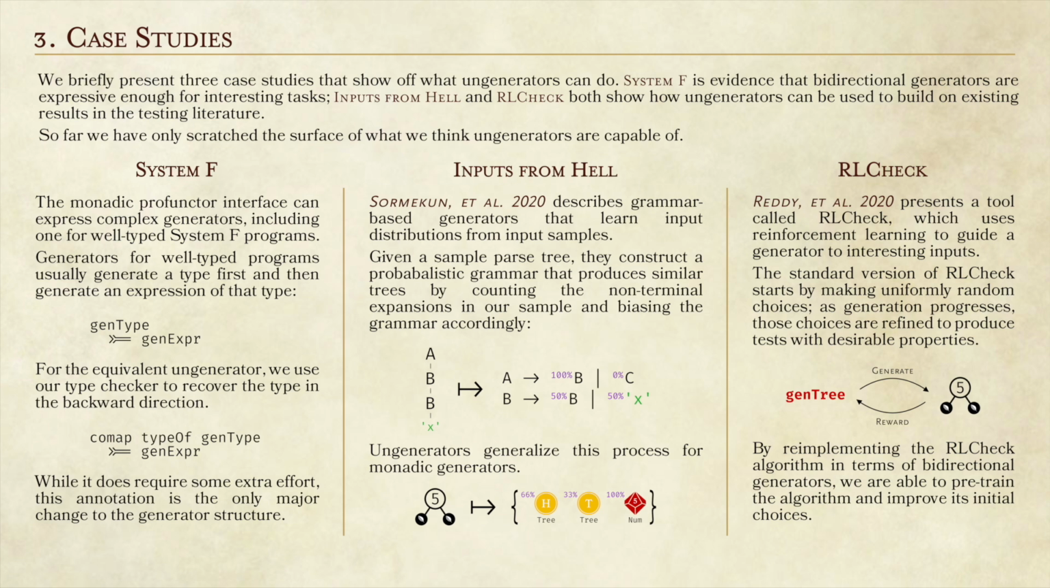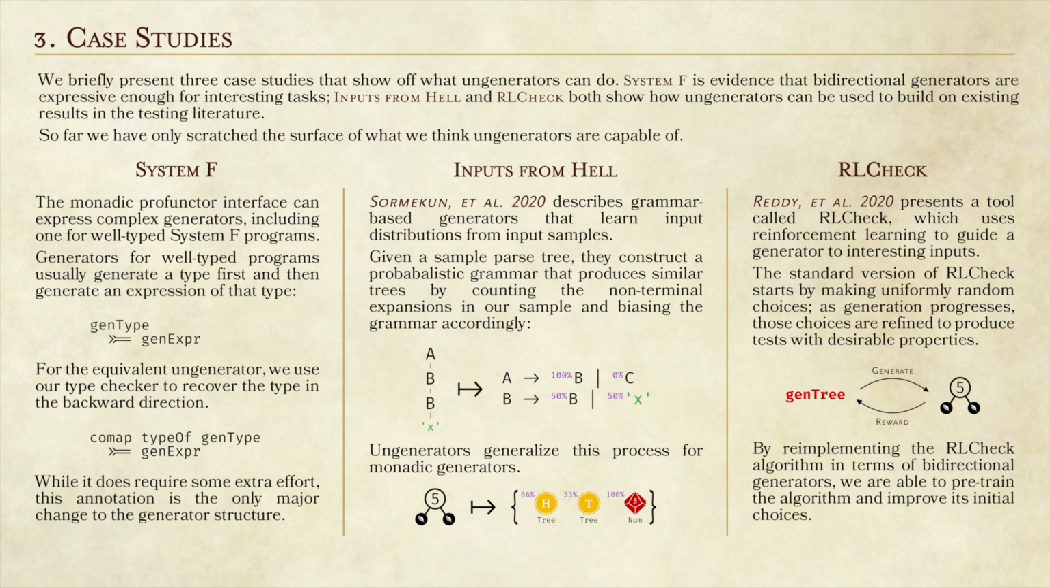Here are a few case studies that show that ungenerators are expressive and useful. First, we show that bidirectional generators are expressive enough for real-world use cases by implementing a generator for well-typed System F programs. This is known to be a difficult task for random input generators. The implementation is quite straightforward, but there is a small amount of extra work that needs to be done to